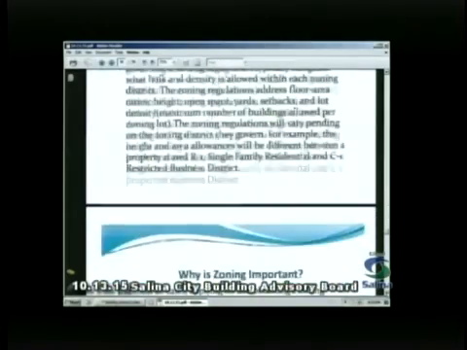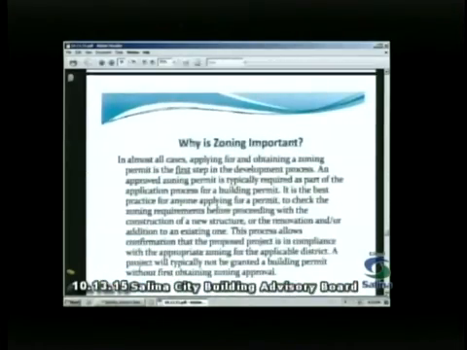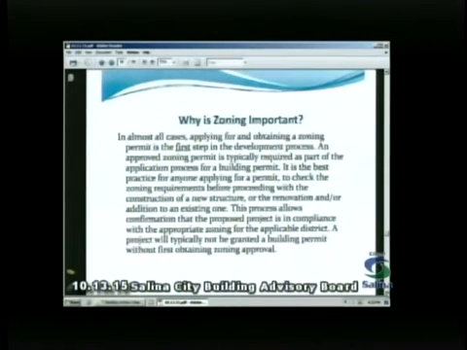So what is the best use for that land? That's what we're looking at. What is the maximum size building, maximum height that you could put on here? What are the setbacks? That's all going to be controlled by zoning. And this is very much why zoning is so important. In almost all cases,